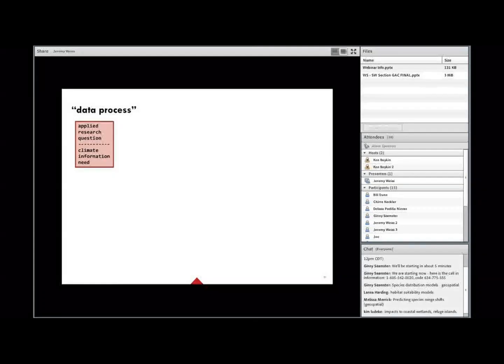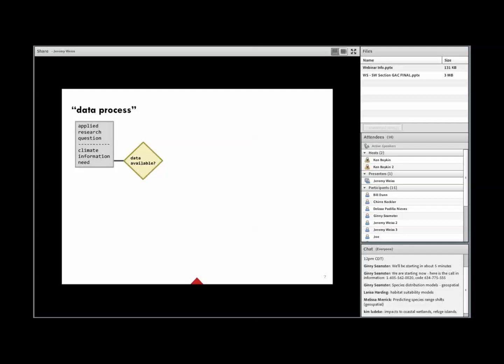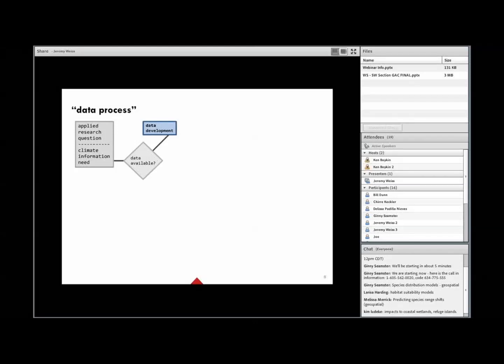And in the case of perhaps many of the wildlife applications, I'd hazard to guess that a lot of these data are available in many cases. So we really don't have to worry about developing our own data set, fortunately, as climate projection data development is not a simple task. So fortunately, again, a lot of these data are already out there. And as we know, you can find climate projection data in quite a large number of places and in a variety of forms. So many places, in fact, that I personally have trouble keeping up with them all.